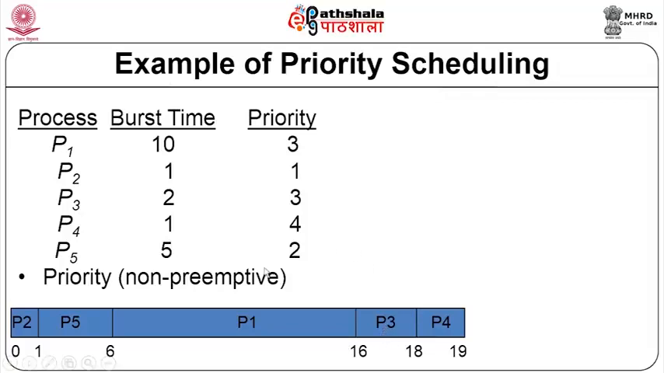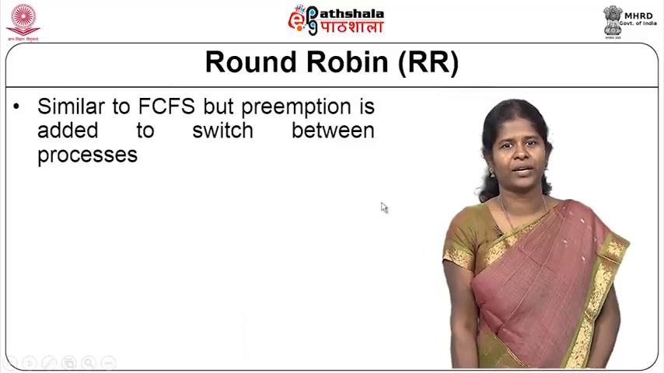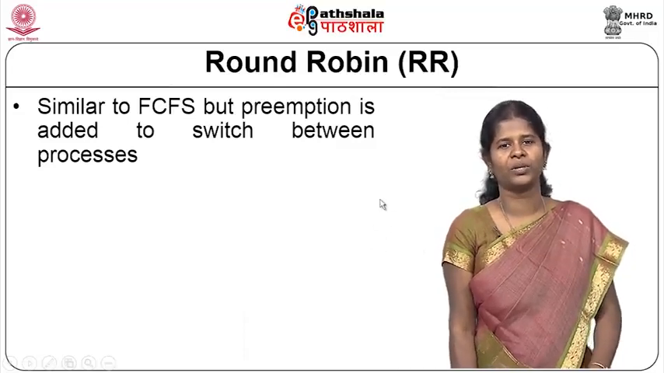P3 runs for 2 milliseconds because the burst time is 2, and it runs till t equal to 18, and then finally the only process available is P4, it has got the least priority. Now, there is no other process and P4 is given the CPU, it runs for 1 millisecond till t equal to 19. So, now we have learnt about this priority scheduling, and then we will move on to the next